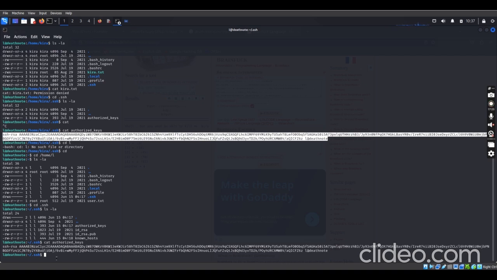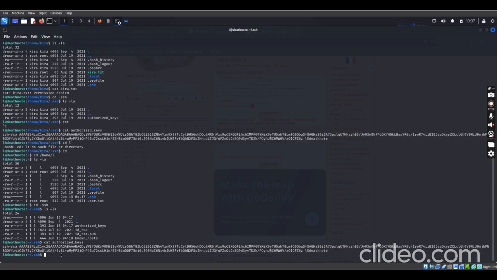So what I will do now, we'll try to SSH as, since we are in this folder now, we'll try to SSH as Kira at the server IP, which is 8.